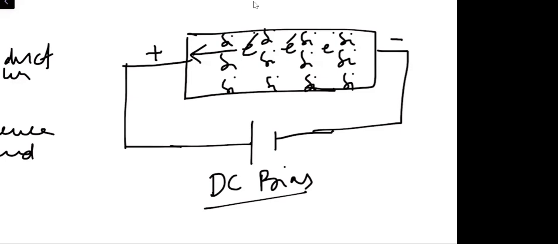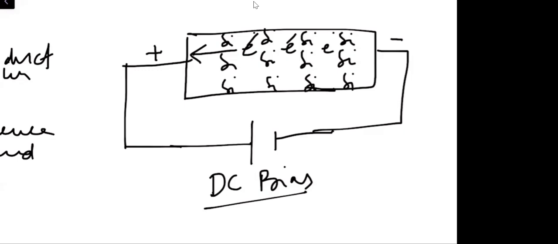Yes, sir. So due to this, a current will be generated, and that current is called the electron current, right? Now, this is the first current, which is there due to the free electrons available in the conduction band. But what we have